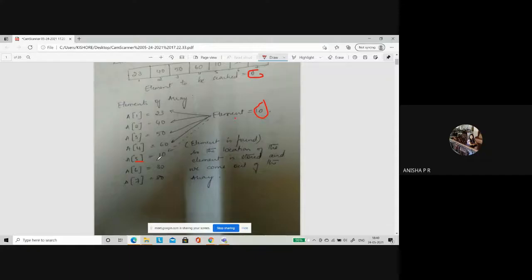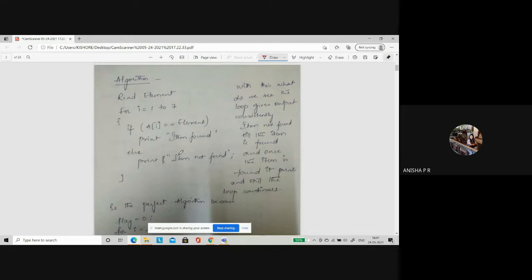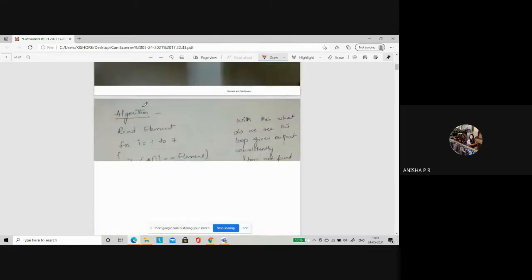Break here. It has to stop at 10. You need not go for 30 and 80 at all. When you write an algorithm, there are certain mistakes that you make, namely the kind of loop that you put. Now take this. First, what do you do when you write an algorithm?